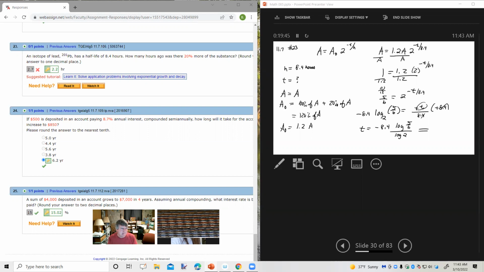Okay. Now I'm going to punch that whole thing into the calculator. Negative 8.4 log of 5/6 close parentheses divided by log of 2 close parentheses. And I get